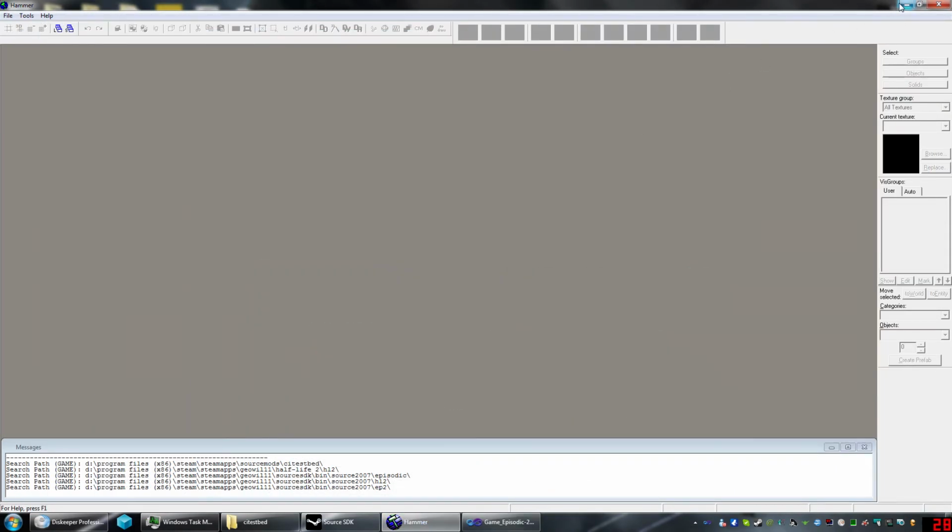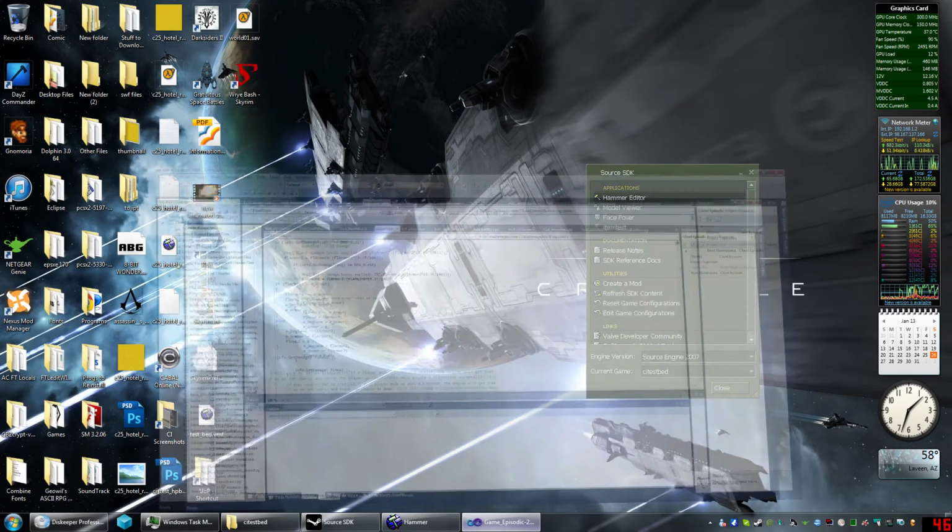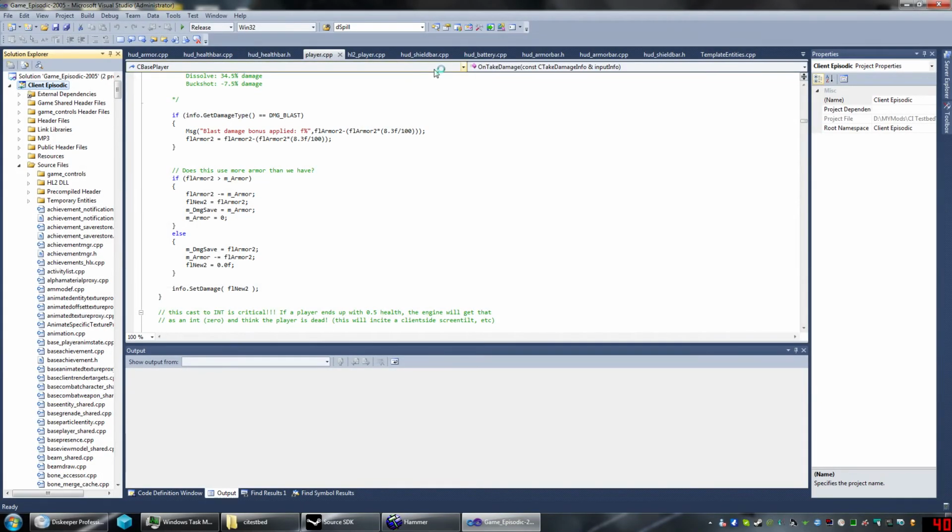Alright, let's go over some of the major changes first. What's going to happen is we'll do some stuff in Microsoft Visual Studio, then we'll float over to Hammer, then into the game, then back over to MSVS, then we'll go over to XSI, and then back into Hammer and the game. And that will be what we'll do for this vlog. But some of the major changes that were made